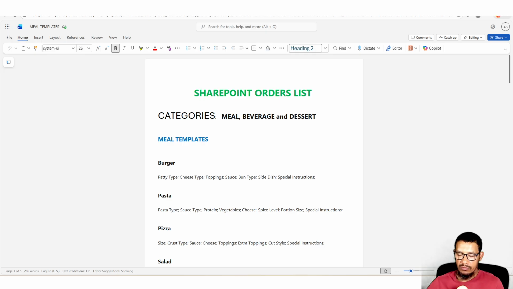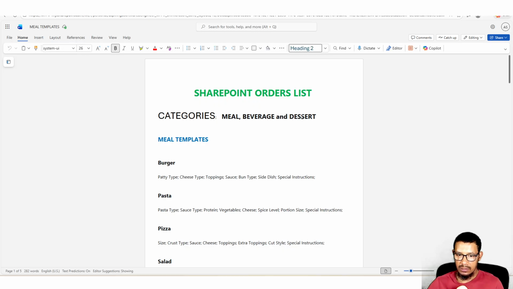So many of you might have been challenged with creating a list that holds 50 plus columns. You might have resorted to using content types to make it easier to build, but even that can be complicated. In this solution, we use the example of a food ordering system, which has 3 categories: